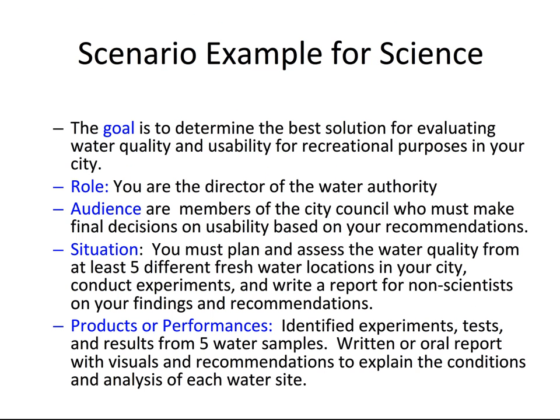So this is a quick example of a GRASPS, which is the format that they talk about. GRASPS just stands for goal, role, audience, situation, product performance, and then there's an S on the end that stands for standards, and that's where the rubric comes in. That just means what criteria are you using to evaluate this. And so we start by making sure that we know what goal we want students to reach. Here, determine the best solution for evaluating water quality. That might be your transfer goal,